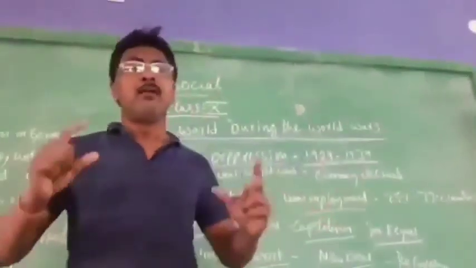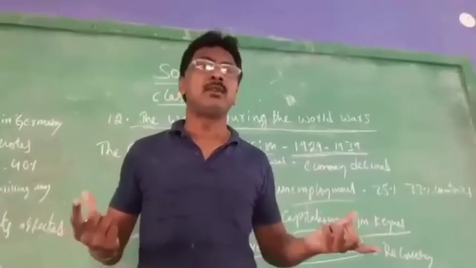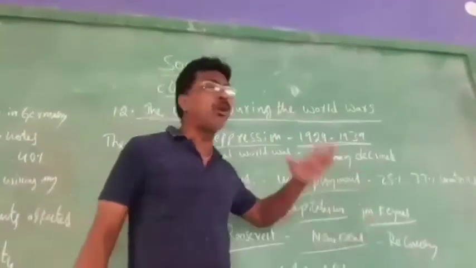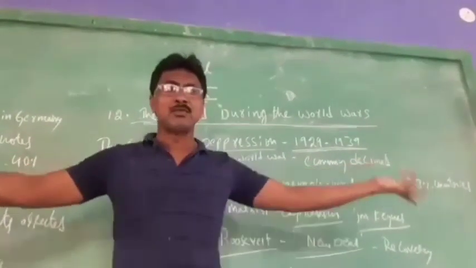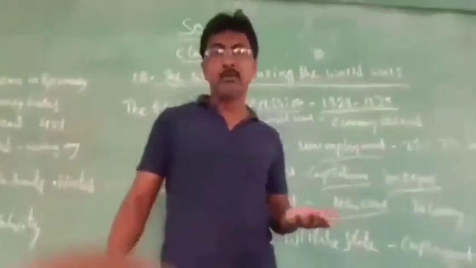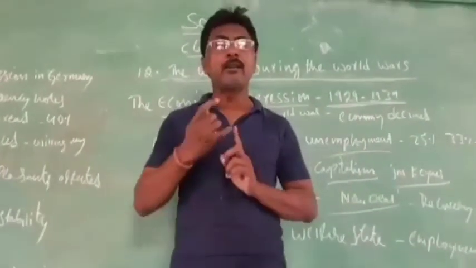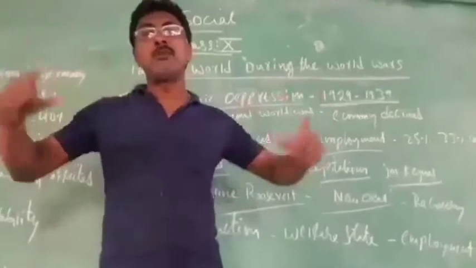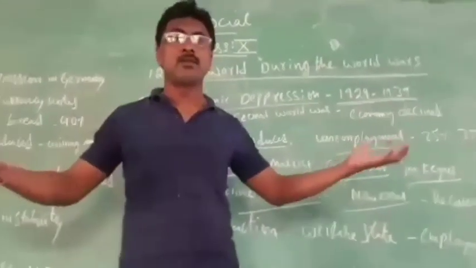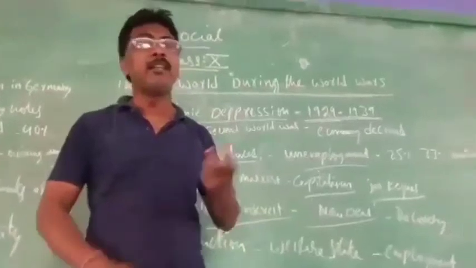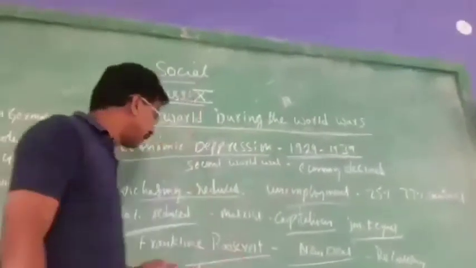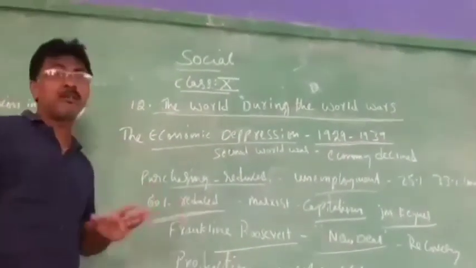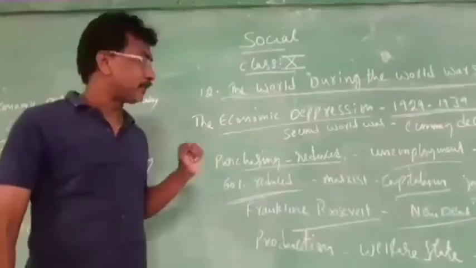New Deal means a new idea. What policy did he introduce? First of all, you should recover all the loans, whatever money the people had taken from the banks. And we should invest the funds. Another thing, we should establish new projects so that they will get work and income. Roosevelt invested the funds so that the rotation would be there, and we should increase production in the industries so that they will pay tax. Like that, this person started.